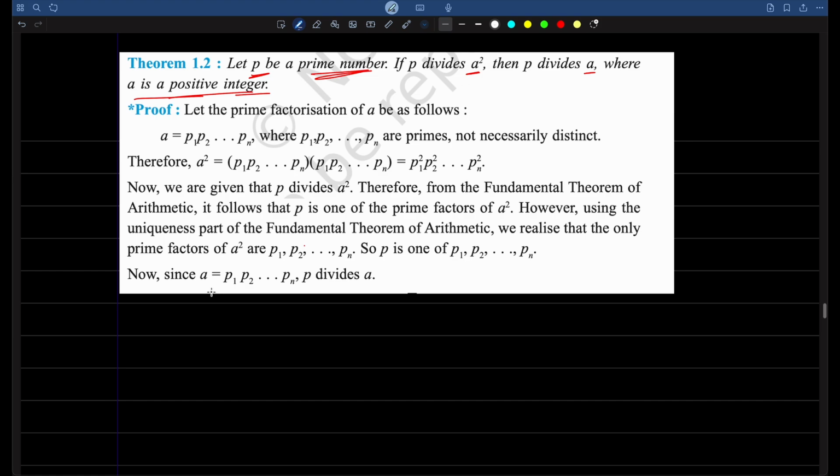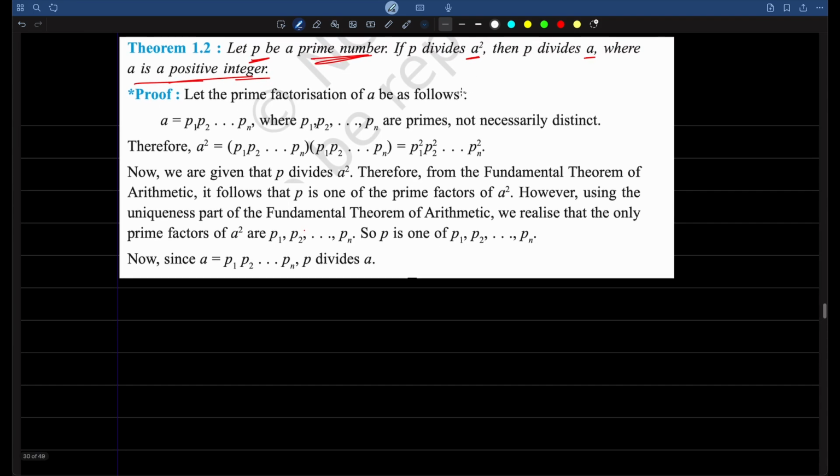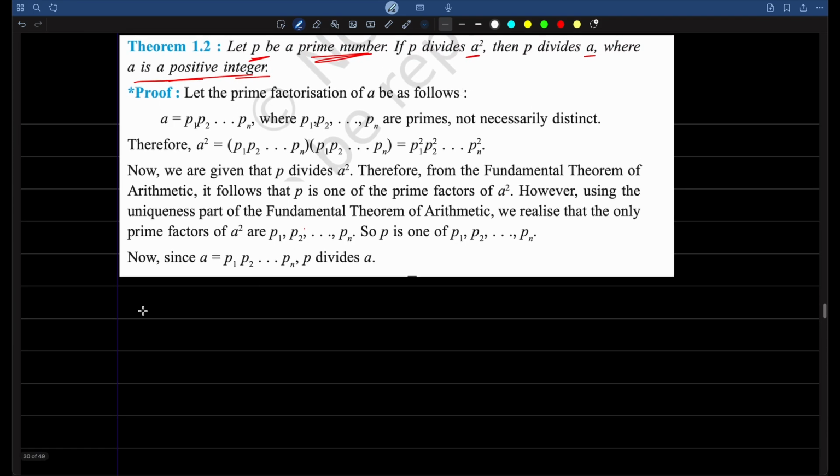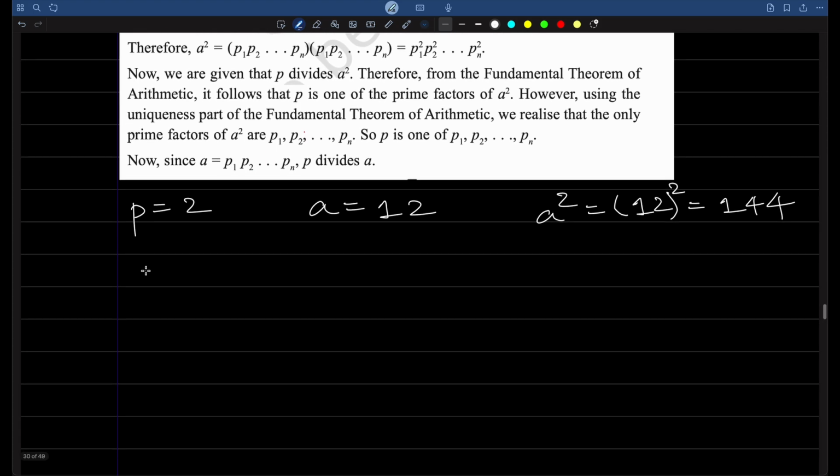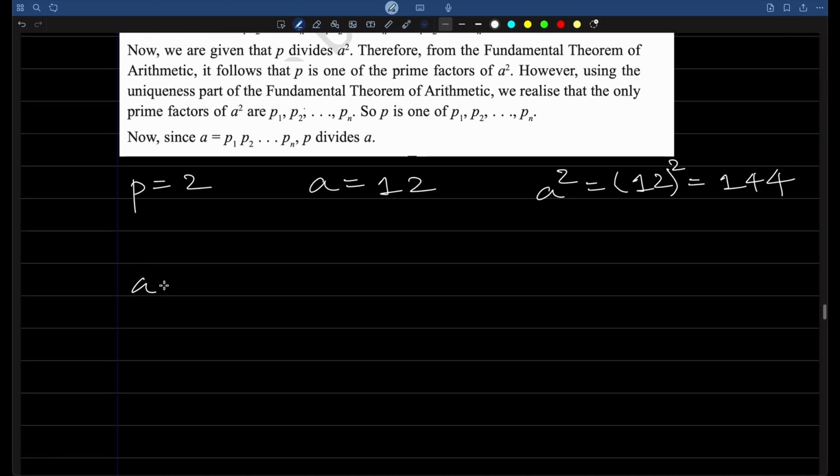So let's take p equals 2, a equals 12, and a square equals 12 square, that is equal to 144. Now for a equals 12,